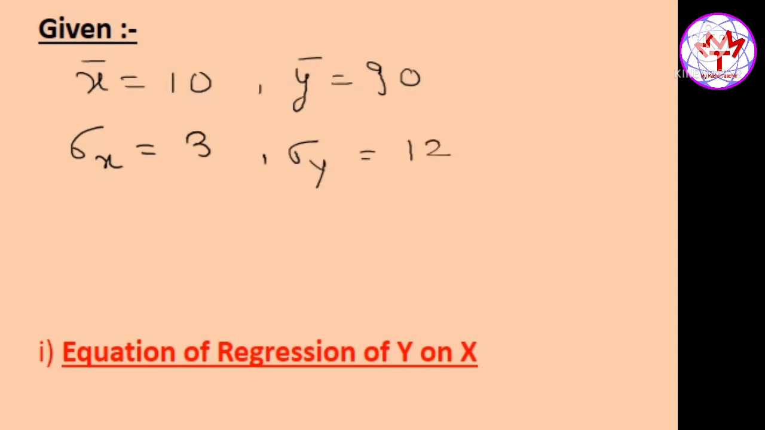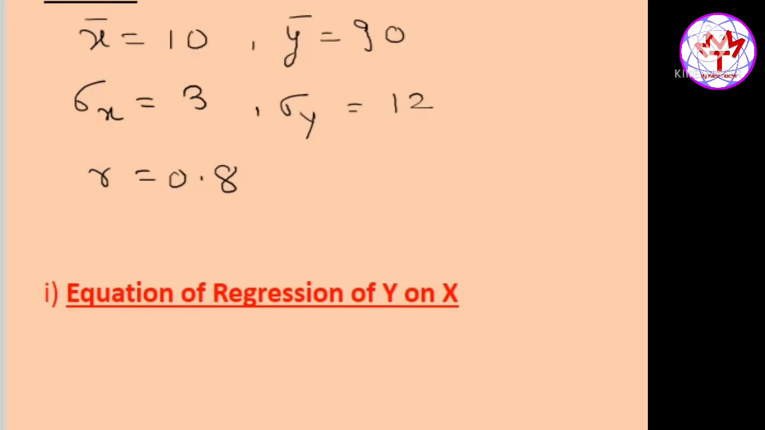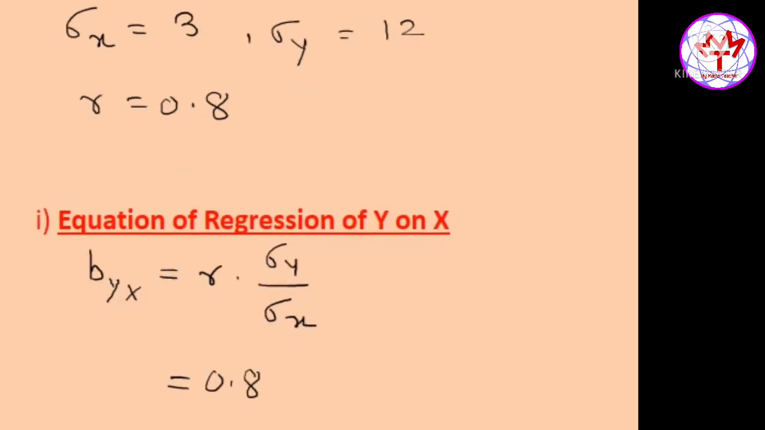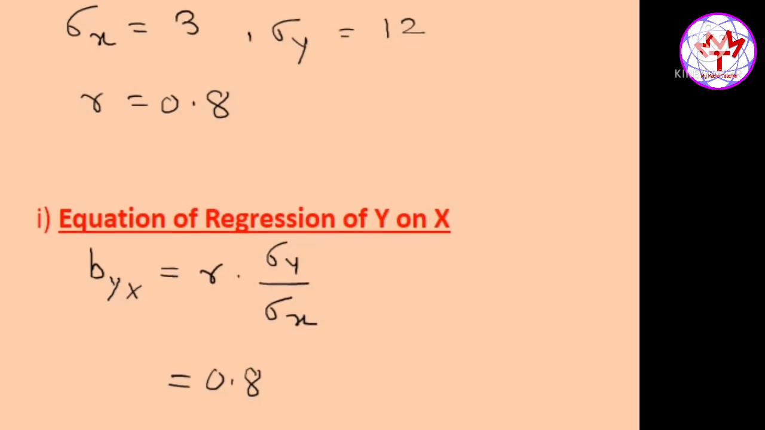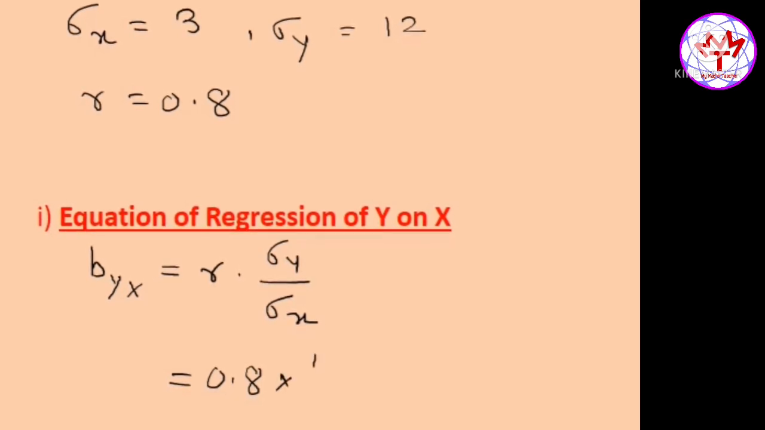Also they are given the correlation coefficient between x and y. That means r is equal to 0.8. So let us first find the equation of regression of y on x. Now from the given data, we'll first have to find byx. Now we know that byx is equal to r into sigma y upon sigma x. So we get 0.8 into sigma y, which is 12,